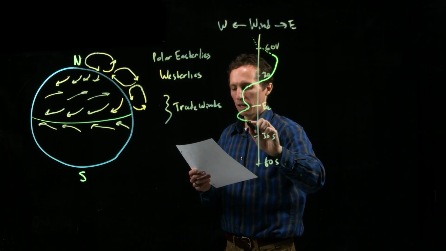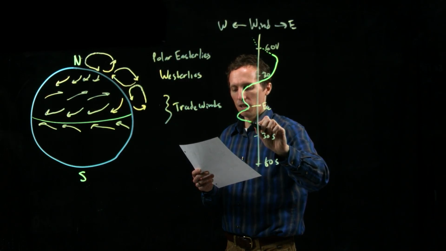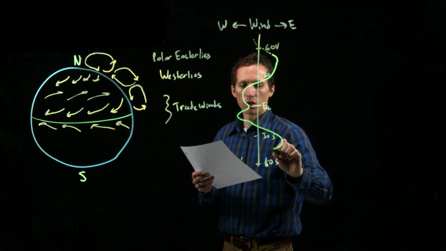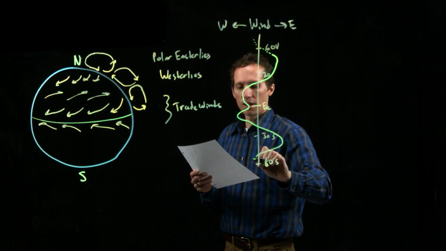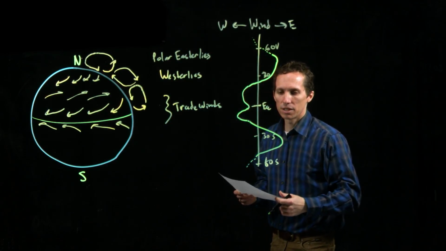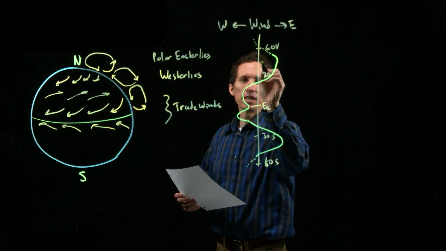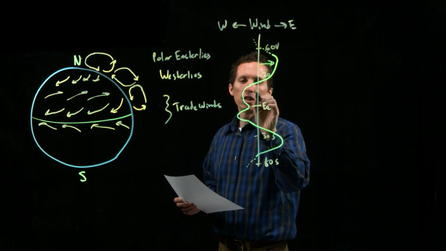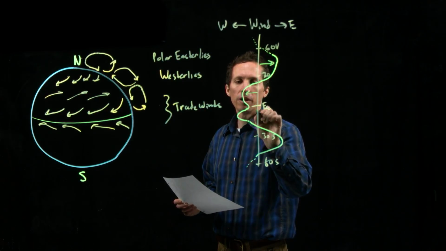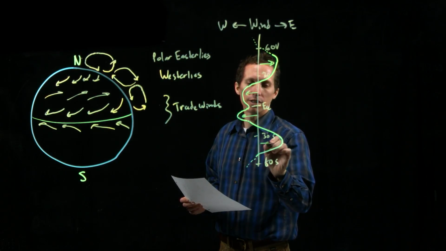Looks something about like this. And then we've got the strong westerlies again, and some weak easterlies in the polar latitudes. And so this means that at these latitudes, the wind's blowing that way, and at these latitudes,